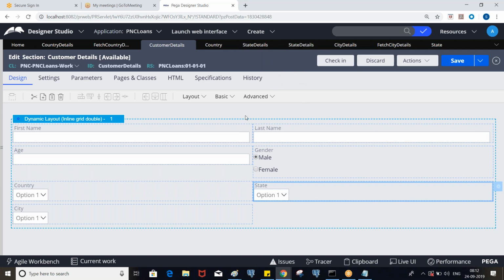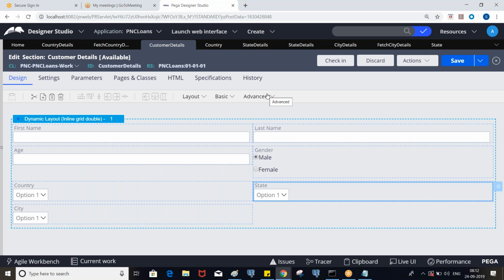Once you're done with this scenario, you can make all these activities a single activity. You don't need to write three different activities for this scenario. You create only one generic activity and put three object methods. The parameters you will define in the same activity and pass accordingly. While invoking, you will be invoking the same activity for country, state, and city. When you invoke, it will display the whole list of parameters, but you will pass only the required parameter.